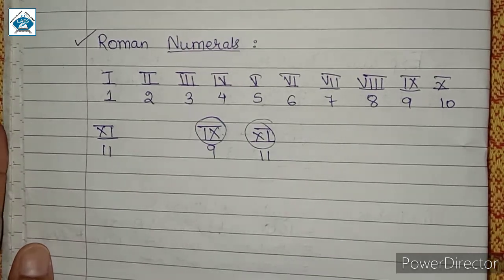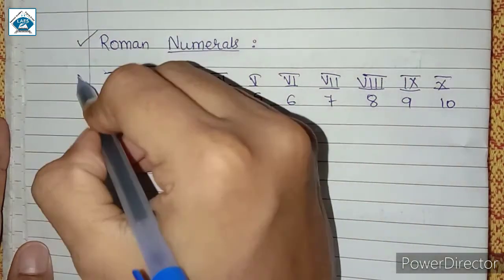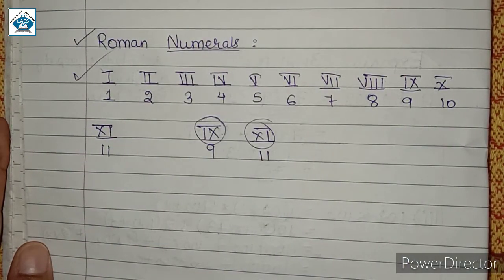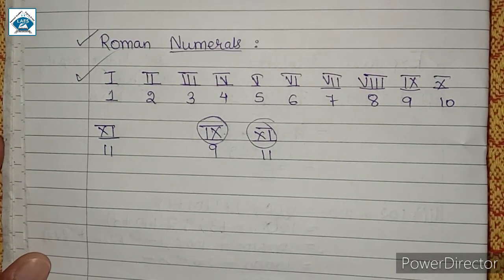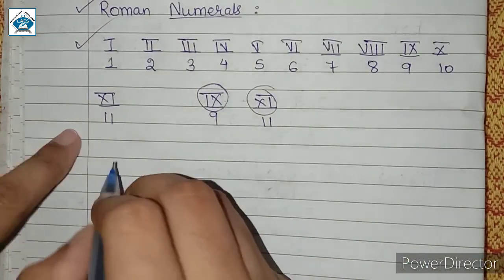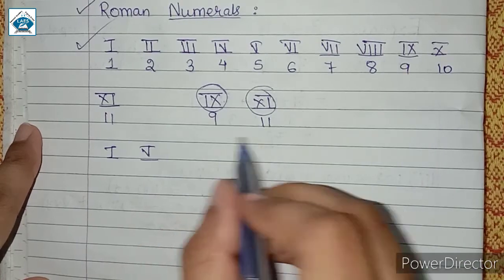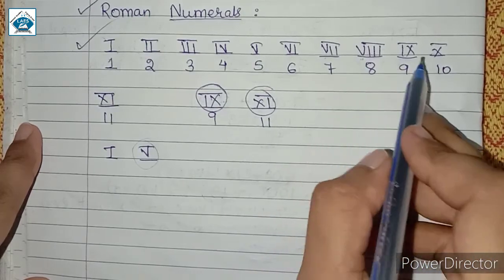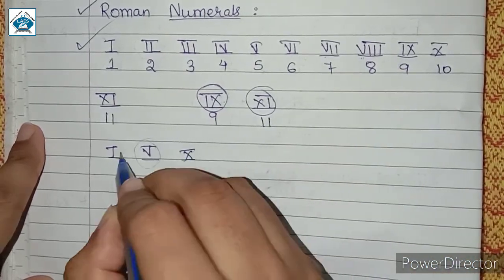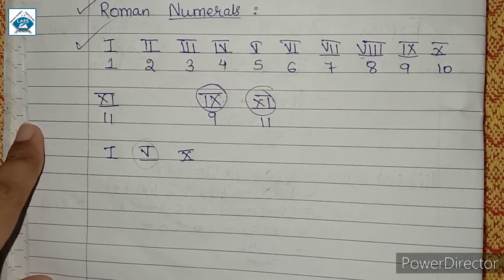So there are some rules for Roman numerals, and after following these rules, we get these Roman numerals. But before that let us get to know some more Roman numerals, and using these Roman numerals we can form other Roman numerals. So first of all we have discussed 1, then we have 5, and you can see that using 5 and 1 we have formed 6, 7 and 8. Next we have 10, and using 10 and 1 we have formed 9, 10, 11, and even 12 and 13 are going to be formed this way.